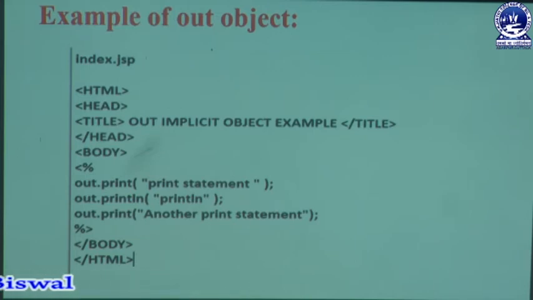By using that break tag we are easily creating it without any problem. That's why we are creating this statement in our program. Next, we are also writing that out object, and that out object is known as an implicit object. By using that object we can easily invoke a predefined method, which is known as the print method. In that print method we are printing a statement, another print statement, which is already used in our programming part. Then we can close that scripting element or scriptlet tag, then we can close that body tag, then the HTML tag. In this way we are going to use our out object in our JSP concept.